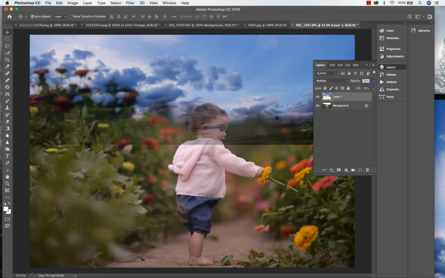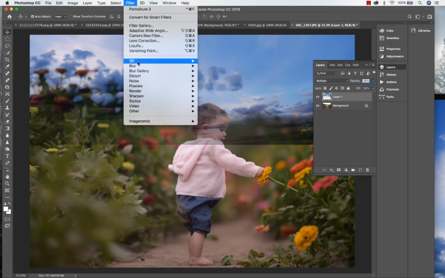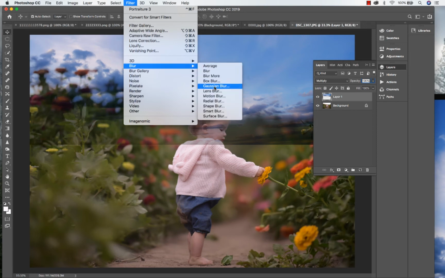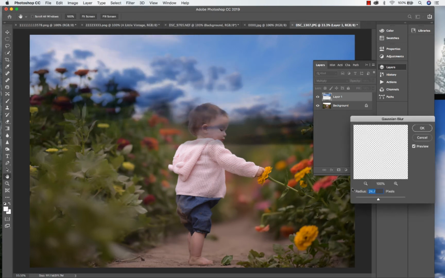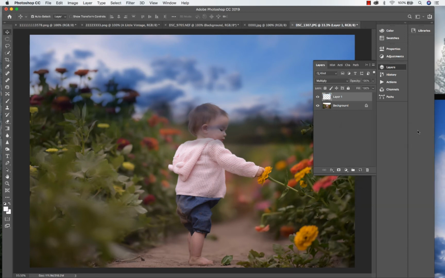Now the next thing I want to do though is blend the sky in because the background is blurry, so we want to make sure that the sky matches the background. So I'm going to go to Filter, Blur, Gaussian Blur, and just adjust the level of blur that I want to add to make it match. So with this one I'm going to go ahead and do 36. I'm going to click OK, and